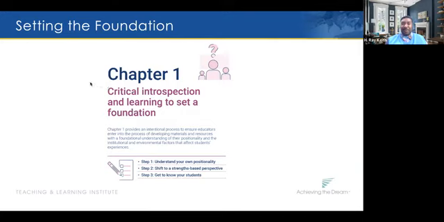And this step also can support you in creating and redesigning curriculum that is meaningful to your students. And so the strategy application for this particular step is to focus on understanding the experiences, emotions, and motivations students bring into the classroom. And so I hope that this overview of setting the foundation will guide you as we